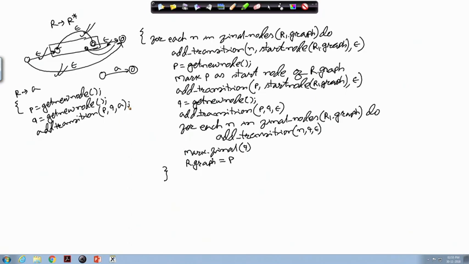Then I have to say that Q is a final state. That can be done by calling the function mark final.